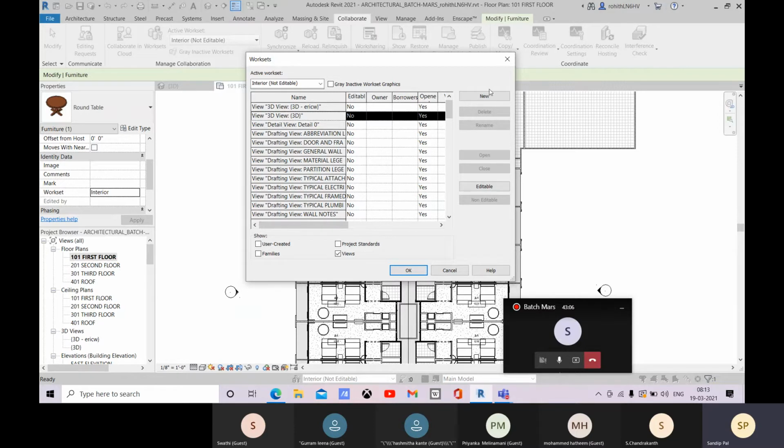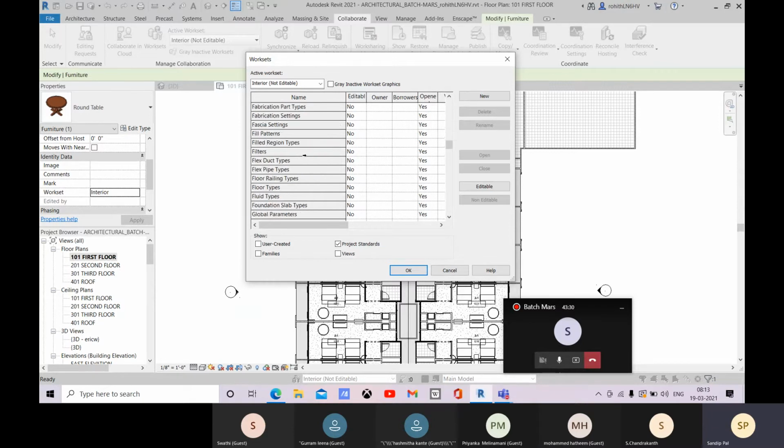And there are families and project standards as well. As per the project standards, Revit creates these worksets.